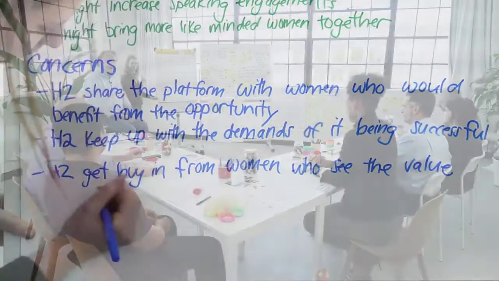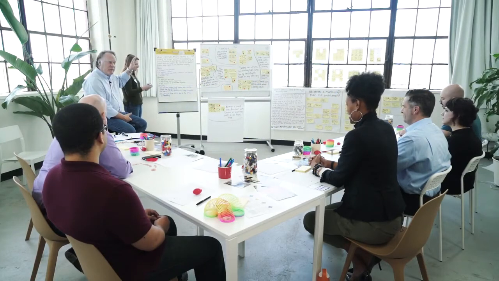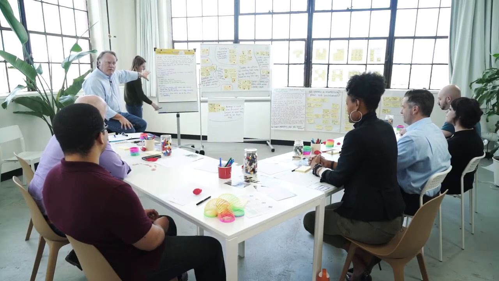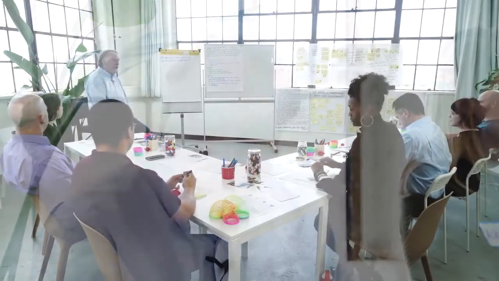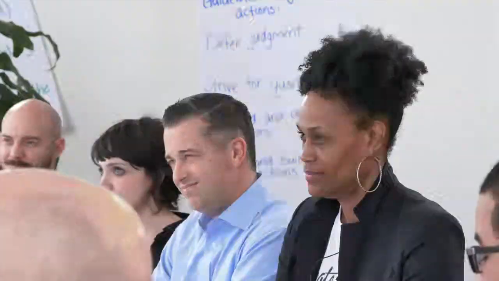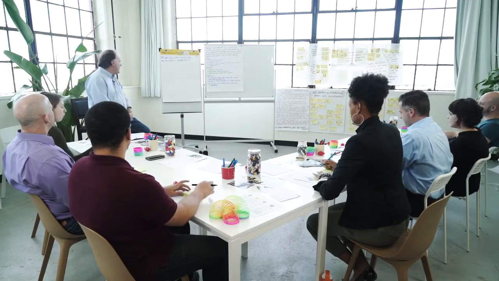Terrific. And that's pluses, potentials, concerns. We have the idea phrase up there, beginning with the words, what I see myself doing. Tamara's listed the pluses, the potentials, the concerns about her idea. The next thing we're going to do is overcome those concerns one at a time. Now we're going to strengthen your solution even further. We've had you select the most important concern, and we're going to go after that one first. The one that you've selected is how to get buy-in from women who see the value in camaraderie.